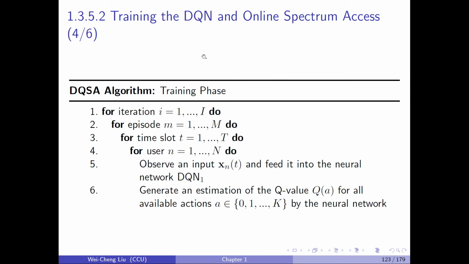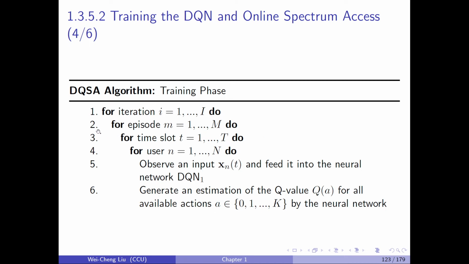Okay, this is the DQSA algorithm training phase. The first line is a for loop for iteration: small i is equal to 1 to capital I. Do the following